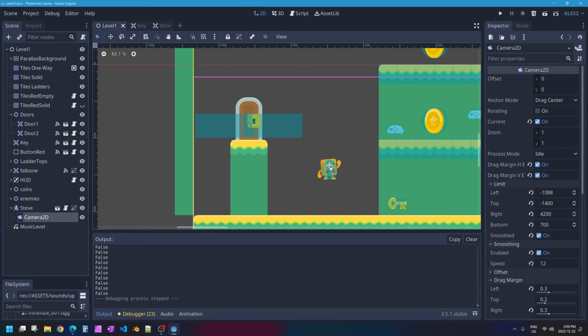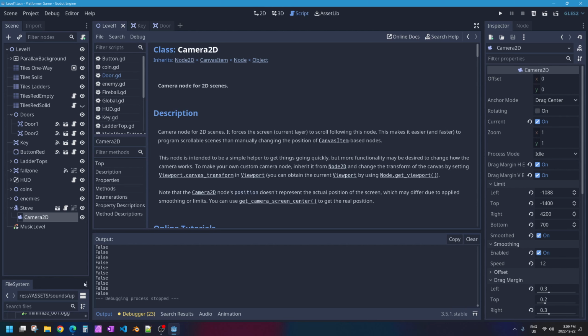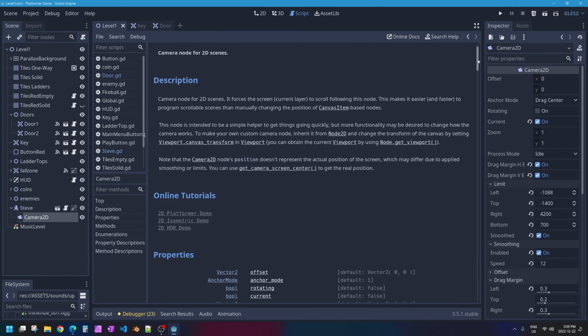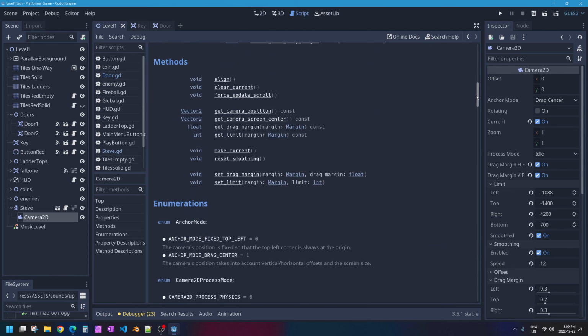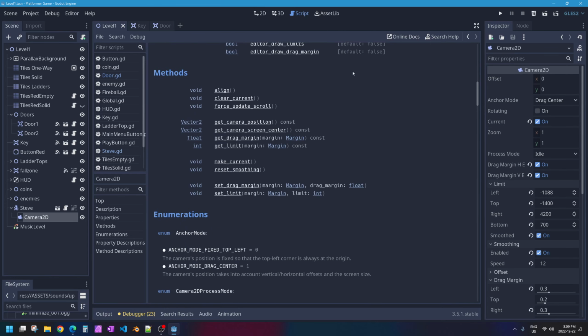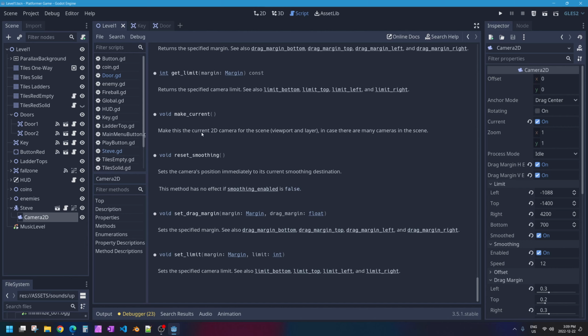If I go up here to this little doc button, when I have my Camera2D selected for my character, if I click this little doc button, it'll show me the documentation about this camera object and what kind of things you can do to it. It turns out there's a specific method in the Camera2D class called reset_smoothing. If I click on that, it'll jump me down into the documentation. It says reset_smoothing sets the camera's position immediately to its current smoothing destination. In other words, it does not let the camera interpolate or move across your level to find where the character has now jumped to. When you call this, it makes your camera snap back to where it should be,